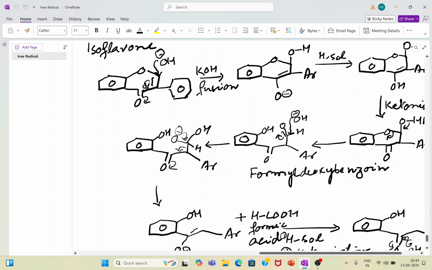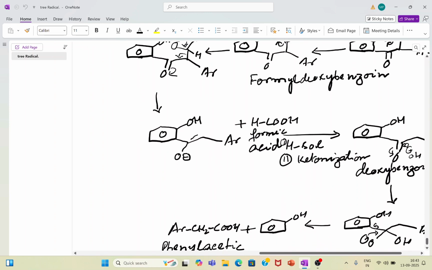And it is again the KOH fusion, then you will get this type of degradation, and therefore it results in the formyl deoxybenzoate. This is the formyl group over here, and this formyl deoxybenzoate is formed over here. This will undergo further degradation here, liberating the formic acid. Because you see that formic acid has a very pungent smell. Therefore, if the pungent smell is coming, that gives a clear indication that the molecule is completely degraded.